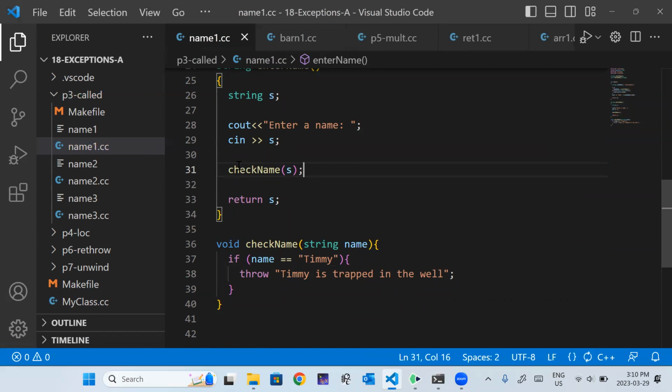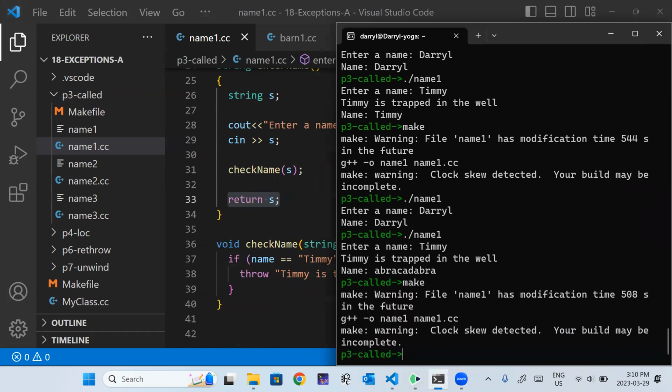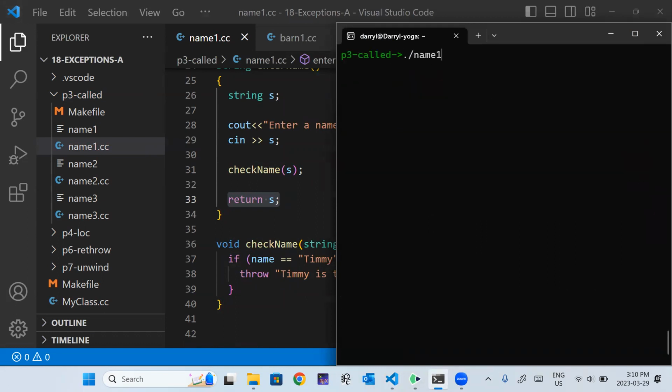This is basically functionally exactly what we had before, but now we just have a function call instead of checking directly here. But we still throw, and then it's still going to skip this return statement and still print out abracadabra. So Timmy is trapped in the well, abracadabra.